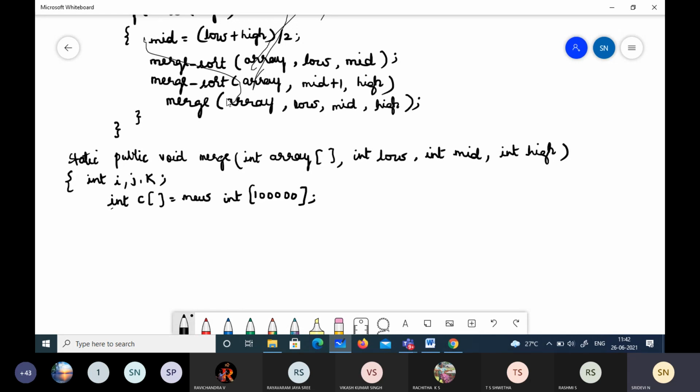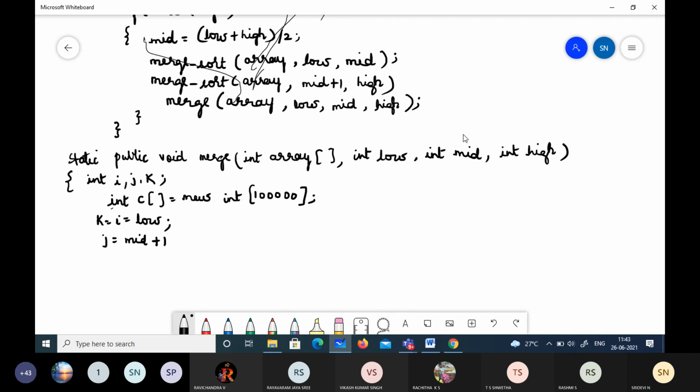Because we have two arrays being passed here for merging, we will take those, compare and merge. So we have K as well as I initialized to low, and J initialized to mid plus 1.